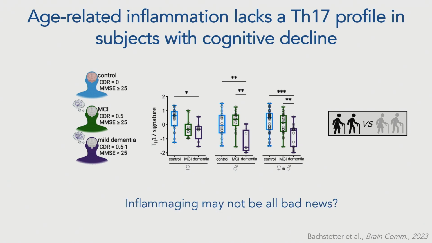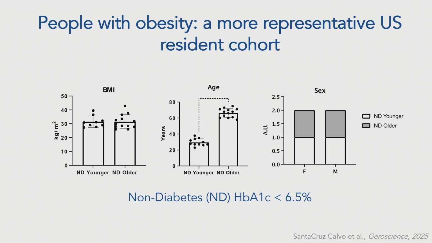So what this tells us is what Luigi Ferrucci discovered 20 years ago at the NIA, and that is that inflammation may not be all bad news, so give your older faculty a little bit of a break. All right, so when we showed these data in our faculty research in progress, Phil Kerr, my clinical coordinator, said,